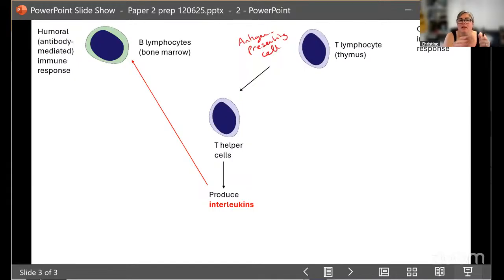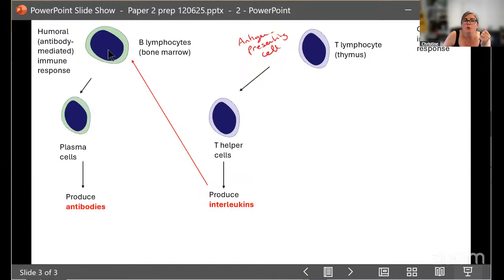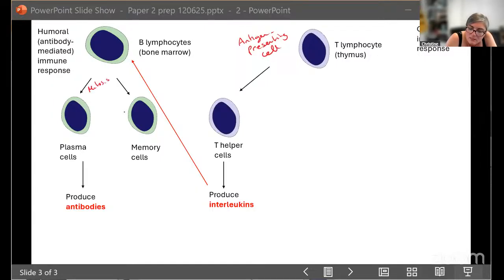So the antibody-mediated response is where, through the process of mitotic division, we will have clonal expansion, and clonal expansion will result in us being able to differentiate to give us plasma cells, and those plasma cells will then produce the antibodies. So we've got to remember that there is mitosis, and that those cells need to differentiate. And by differentiating into the plasma cells, it's the plasma cell that's going to produce the antibodies.